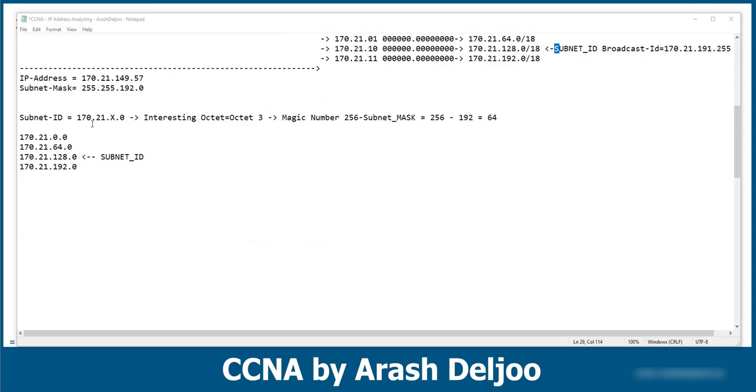Look here. First, I found the magic number. Magic number equals 255 minus the subnet mask in the interesting octet. After that I created the subnets, and because our IP address is residing in this subnet, we can say that this is the subnet ID of our network, and easily we can find the broadcast ID. The broadcast ID is, for example, 170.21, then 191.255,